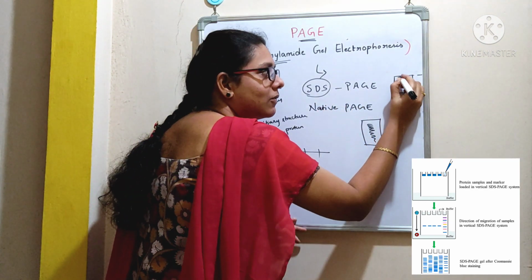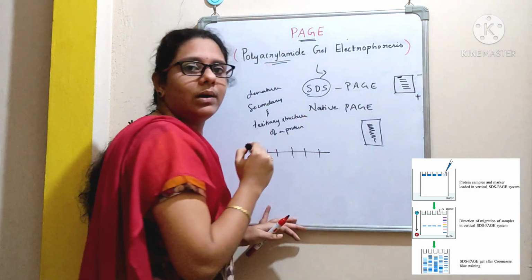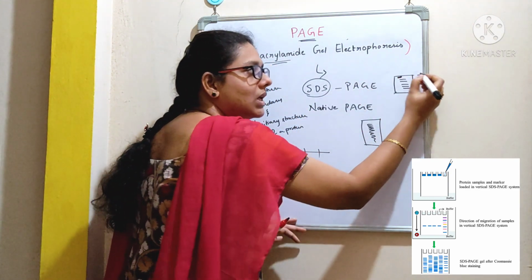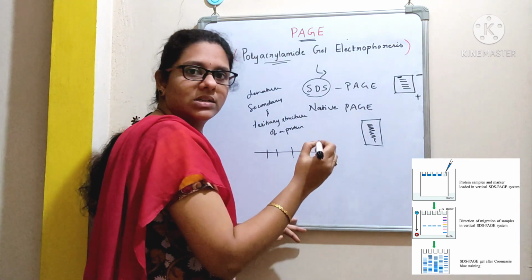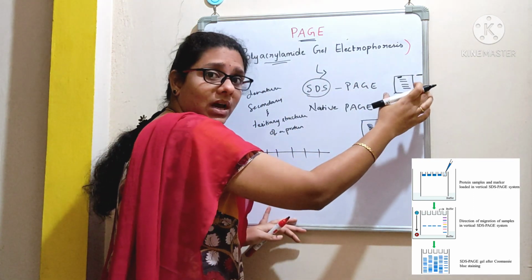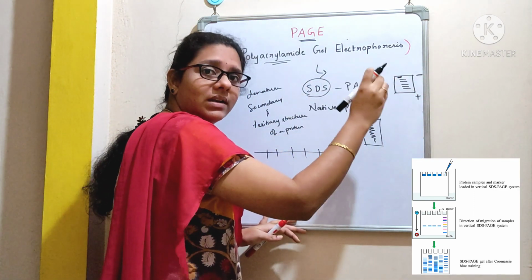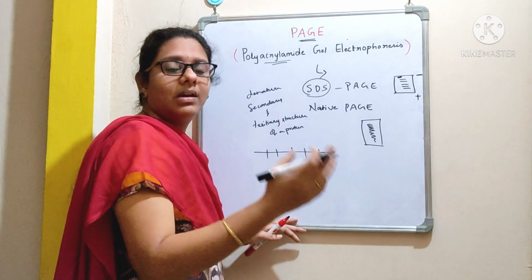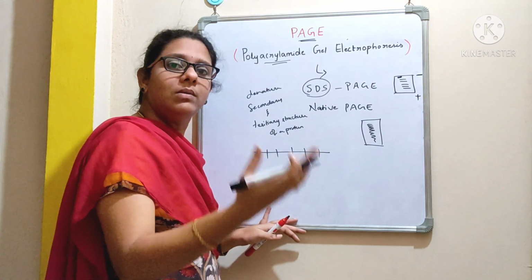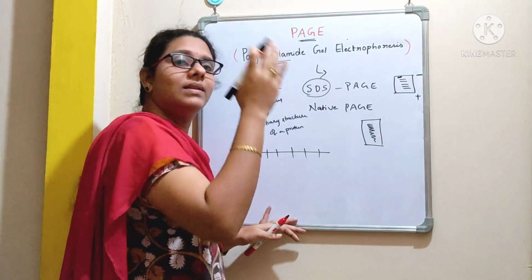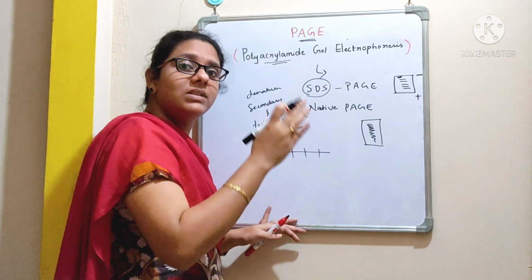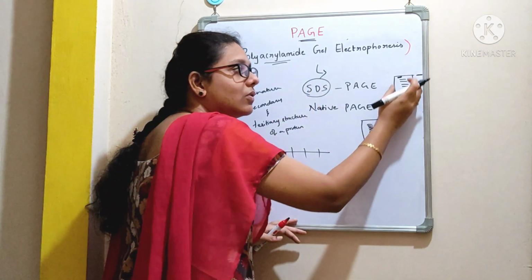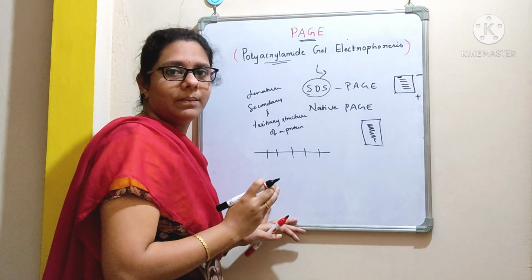So here there will be a well where you are going to load a protein sample, and the proteins carry the same charge, that is, all the proteins will carry a uniform negative charge, but they will be different in size. Each protein will have a different molecular weight. So based on that property, that is the difference in the molecular weight, we are going to separate the protein